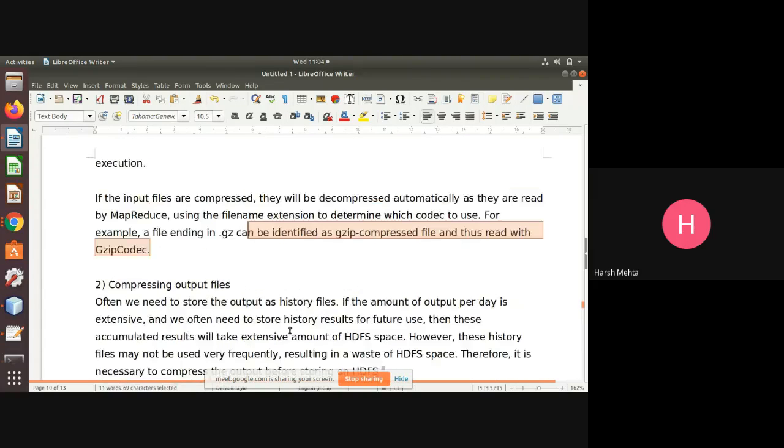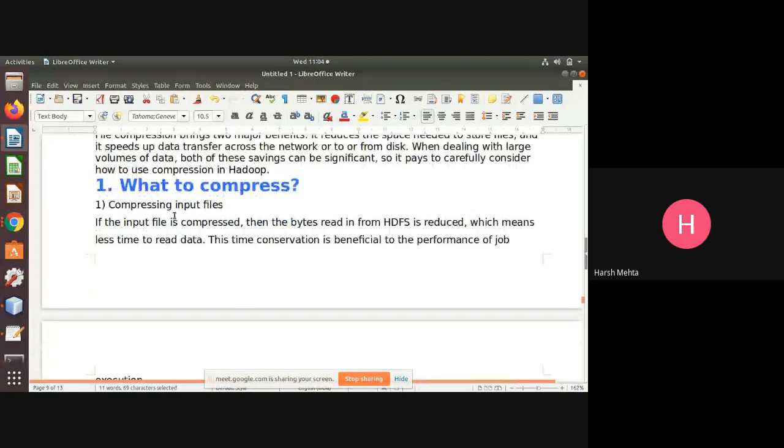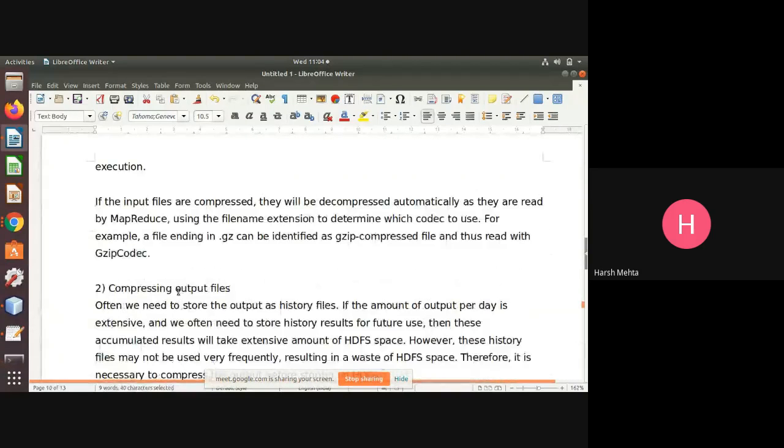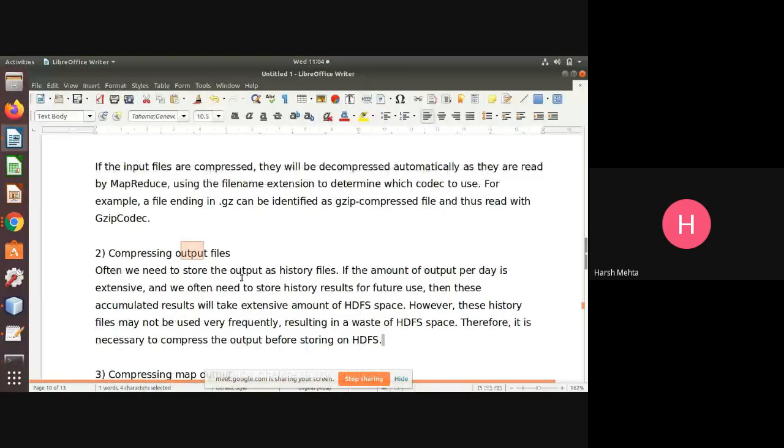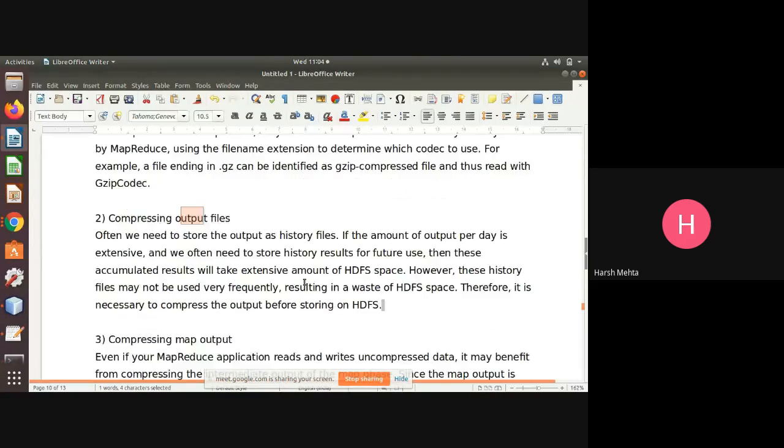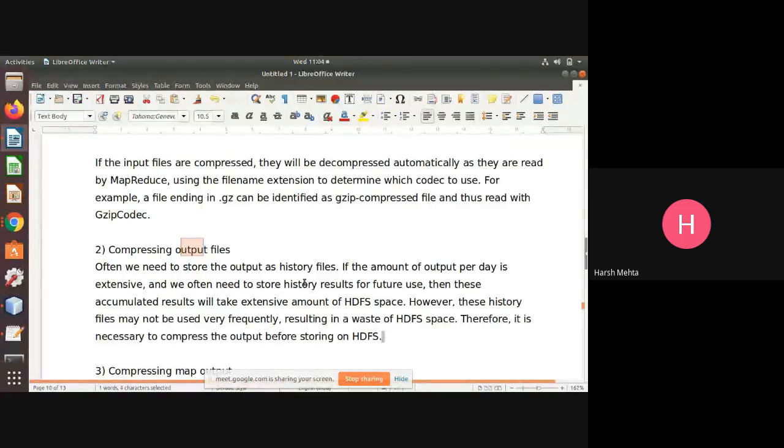Next, we compressed the input file; we can also compress the output file. Where we want to transfer the output file somewhere else, compression is required so that it occupies less network bandwidth.